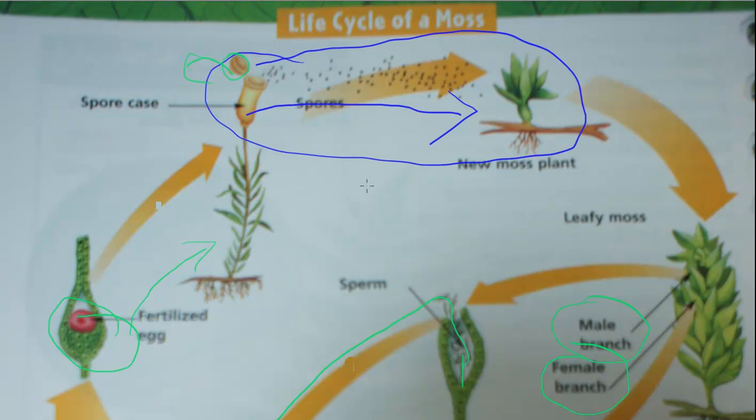So alternation means here is asexual to sexual to asexual again. So they're going from this back and forth. This process is called alternation. Ferns also reproduce by alternation of generations. Leafy fern. Okay, so let's go to